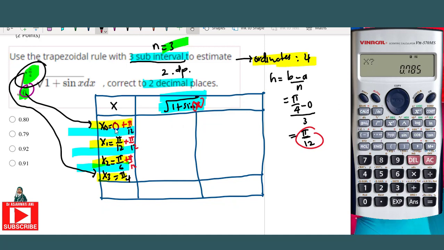Okay, substitute 0. Then the answer is 1. This is y0, which is 1. Hit the button calc again, and x is pi over 12. So shift pi over 12 equal to